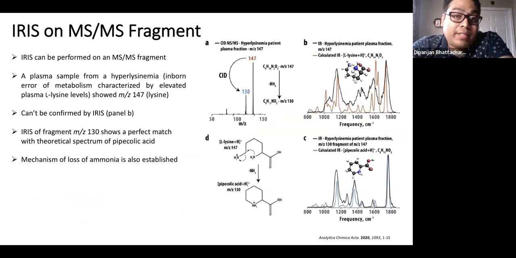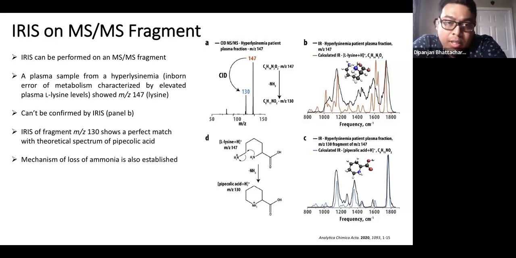So far, I showed examples where IRIS was applied to molecular ions. You can also apply this to a fragment. So this is an example here. They were analyzing the plasma sample of a hyperlysinemia patient, which shows elevated plasma lysine levels. You can see in panel A the mass spec, 147, that's lysine, and a fragmentation to 130, which shows the loss of ammonia. Now, if you look at panel B, that's the IRIS spectrum of lysine, and it's not a